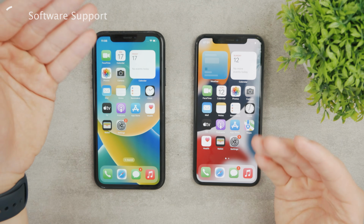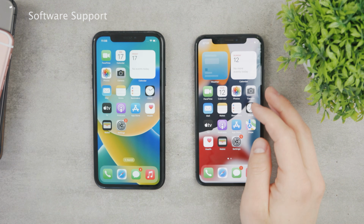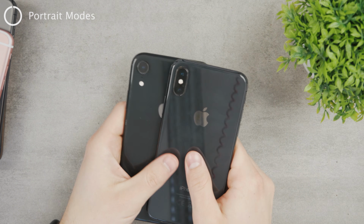So you're going to lack some features and the latest security patches and stuff. So yeah, of course, you can still use it, but it's not going to be the latest or the best software experience. Another thing to keep in mind is the camera setup. You probably have seen like 1,000 videos